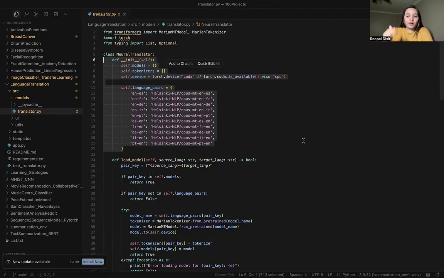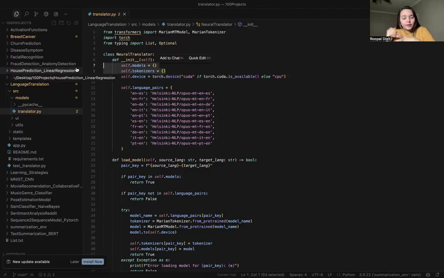So we have to start with empty dictionaries for models and tokenizers, and set up the device, whether it's GPU or CPU, and other sub definitions, like all other supported languages pairs that you are going to use. Those self.model and self.tokenizer are used just to make sure what kind of model and tokenizers need to be downloaded, so that you don't have to download them again and again. It works like a cache.